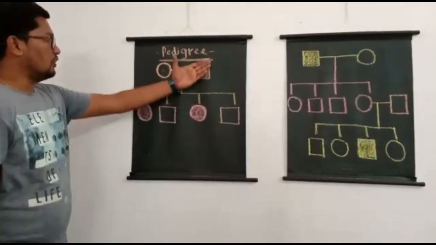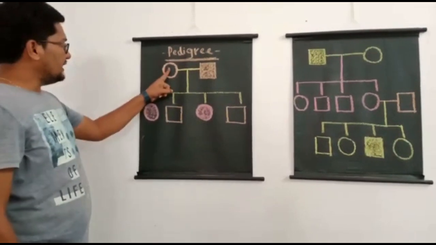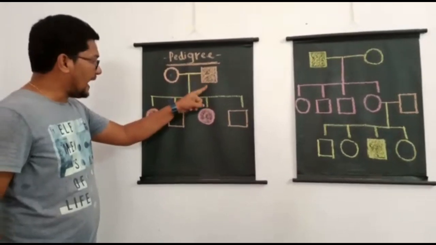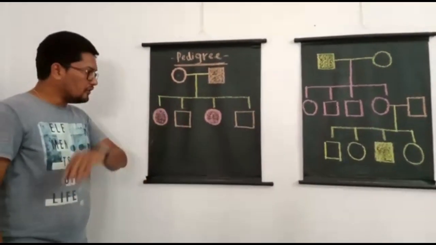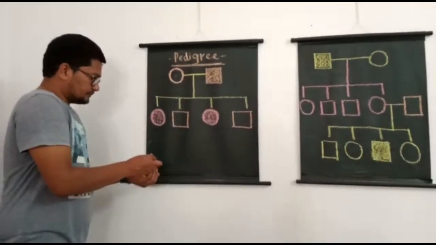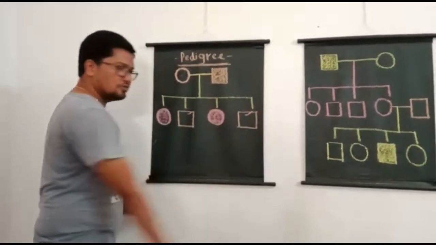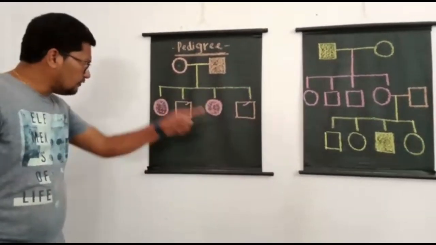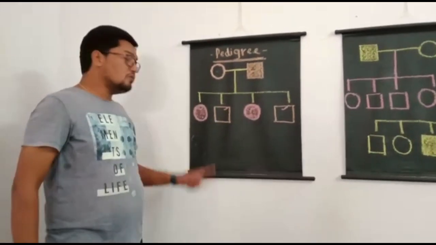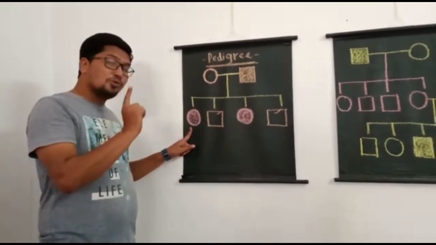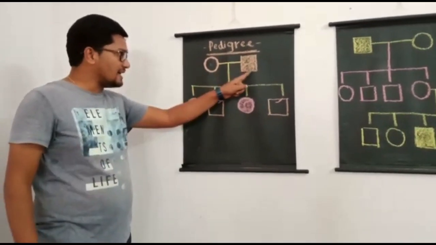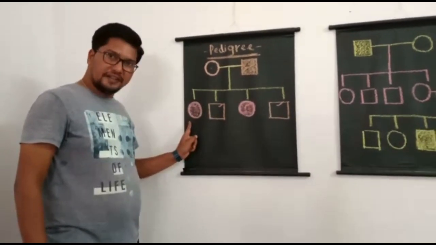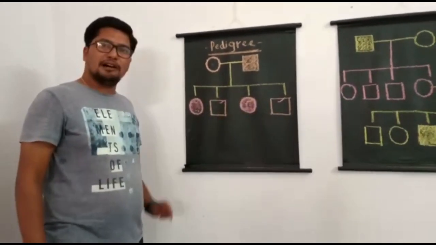In this pedigree chart, what is the meaning of this chart? A healthy female married an affected male. This couple has 4 children. Out of the 4 children, you can see here 2 are sons and 2 are daughters. Among the 4 children, 2 are affected. Who are those affected children? Females only are affected. So this couple has 4 children, out of which 100% of the females are affected and 100% of the males are normal.